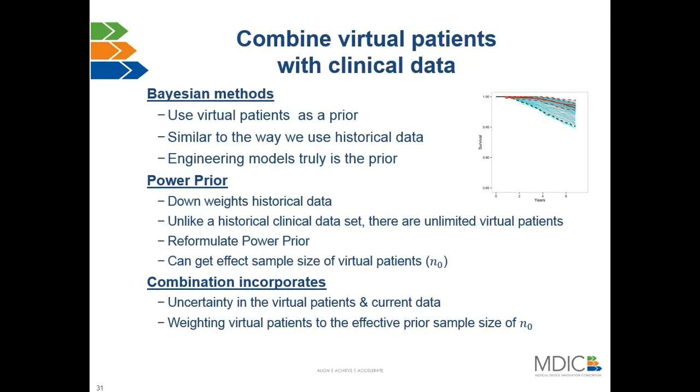So we wanted to say, even though we're simulating millions of patients, the actual number of virtual patients will be equivalent to a sample size of, let's say, 100. So it's easy to communicate with regulators and statisticians that the weight of these virtual patients is going to be 100. If the total clinical trial will be 200 patients, 100 of them will be virtual patients. So that was really important to make it clear to everybody.